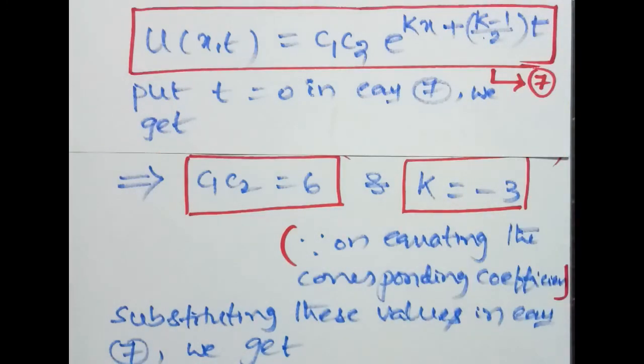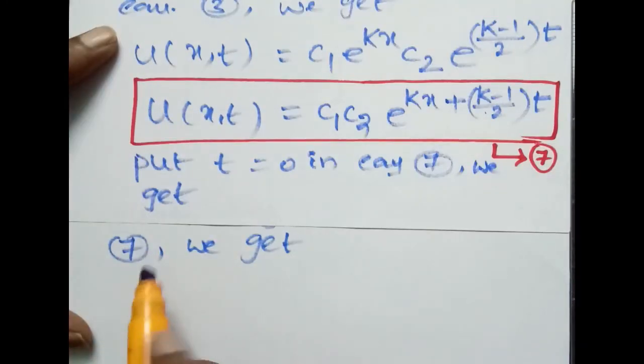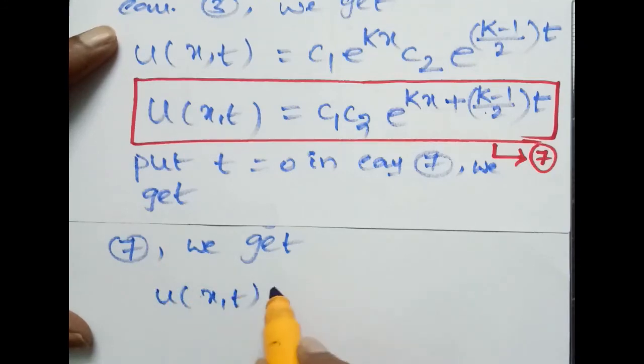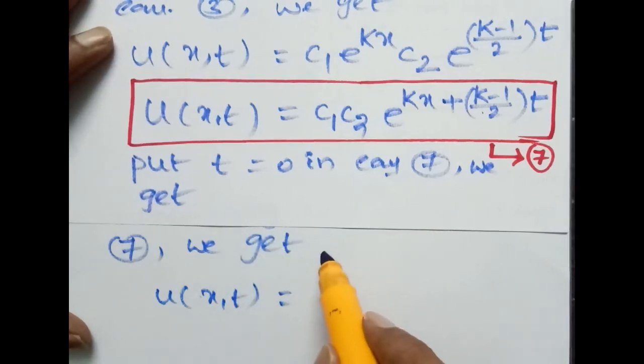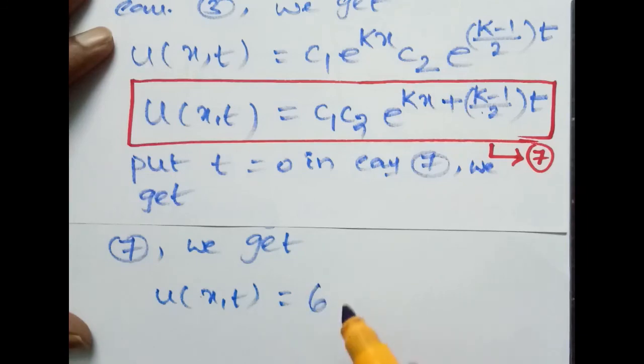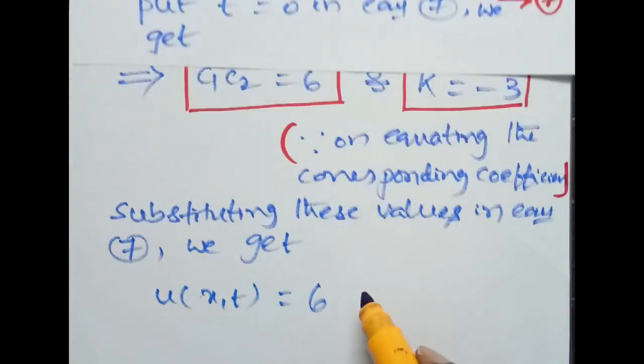Therefore, u of x comma t is equal to c1 c2 value, that is equal to 6,